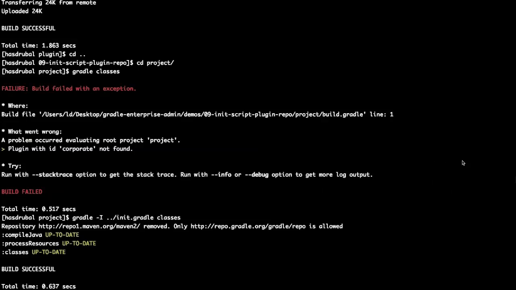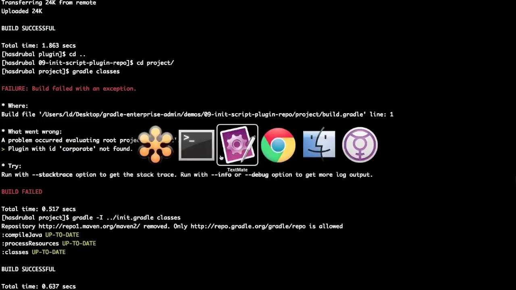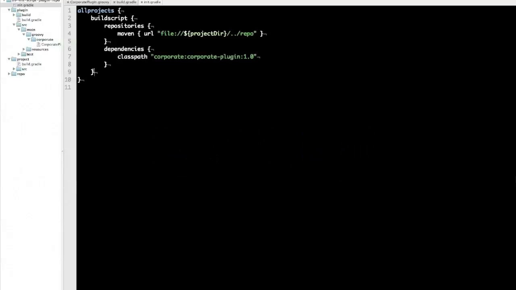Just going to answer a question. So the question is, can you inject the build script logic but allow the version of the plugin jar to be configured in the build root project? Yes, you can. The way I would do that would be to do something like,